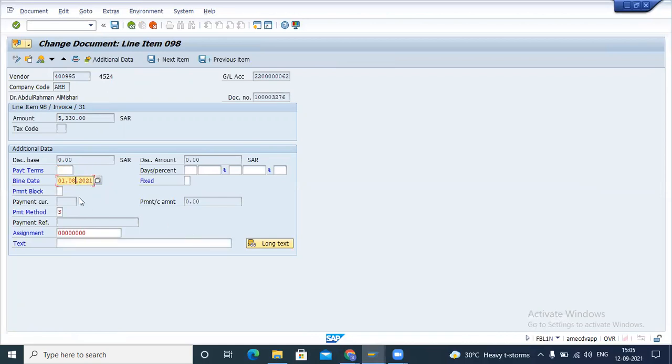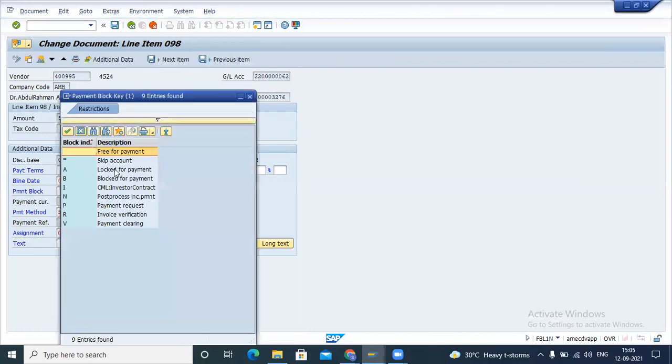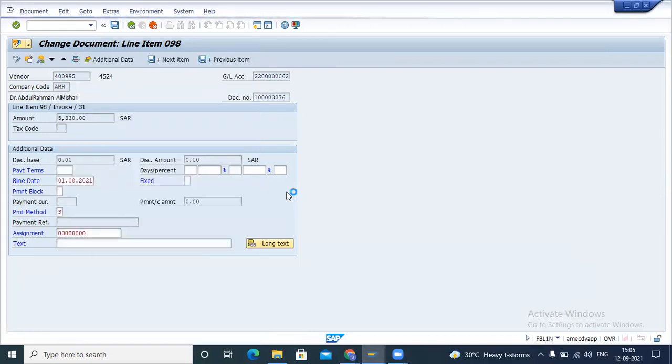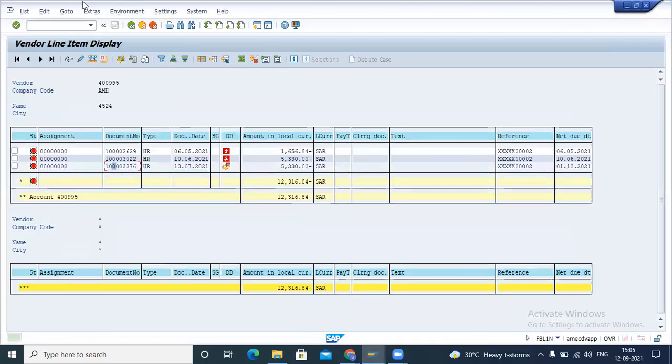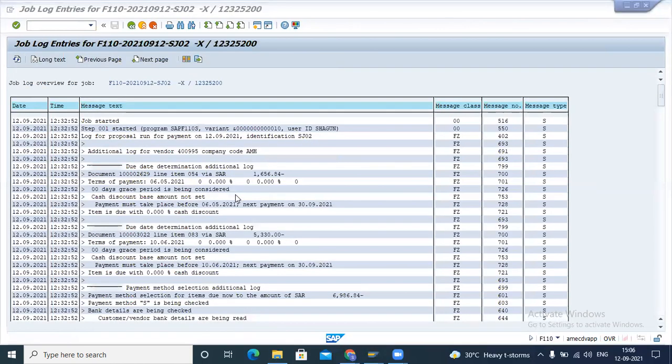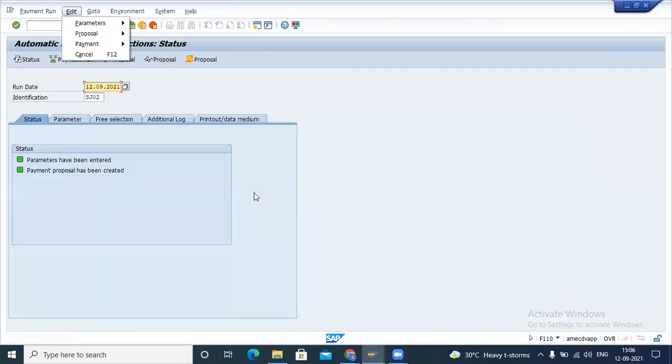Making it blocked. 1 second. Log for payment. Yeah. I just want to show you the purpose of this log. Okay.